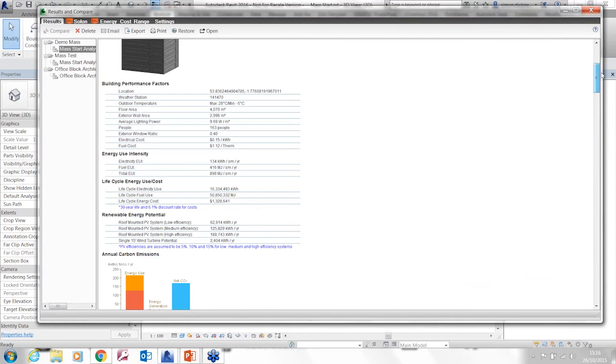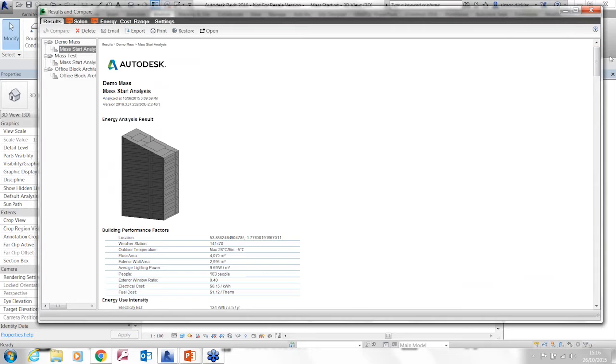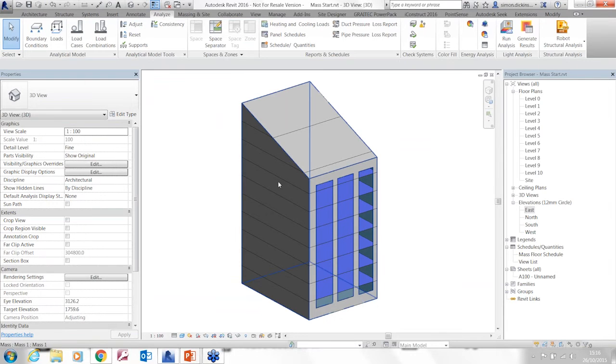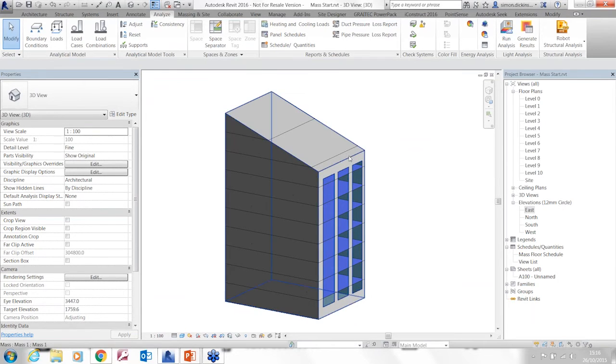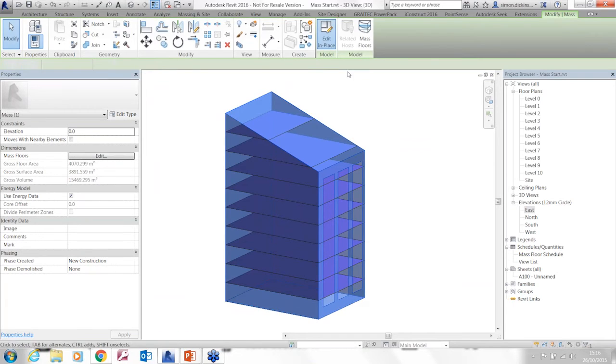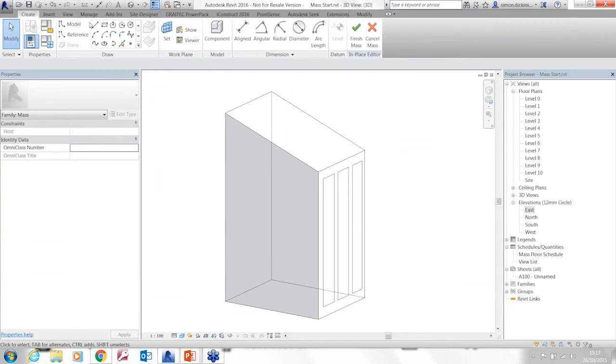We've removed that now because some of it wasn't giving a clear picture. Okay, so we've got our mass model there and are successfully able to work our way through. As I mentioned, we can then start to customize exactly how this works. If I just select the mass again, just to edit in place, there's nothing to stop me